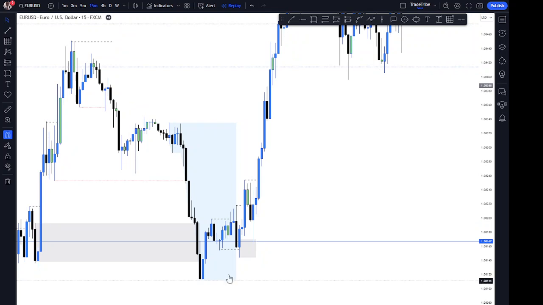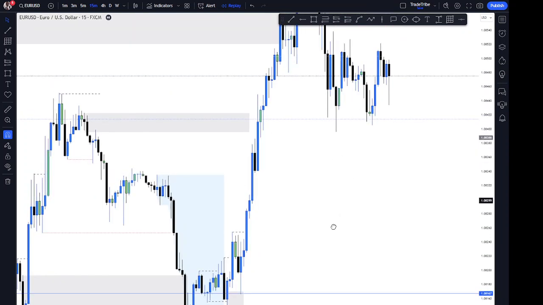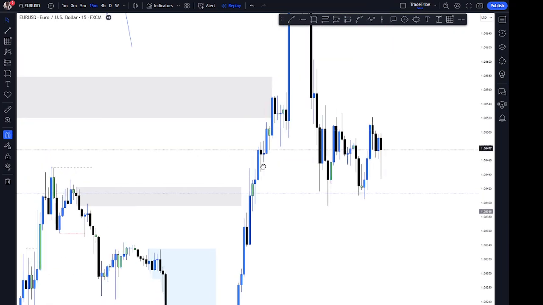Yeah, we had another change of character, imeshindwa kubreak na kuhold hizi surprises ziliachwa hapa juu. Example hii ikiwa moja hapa, so it's a little bit messy. I don't know how you mark messy charts. Una mark kila kitu kwa hiyo zone, so ilishindwa kuhold nini price. So price went up, violated the other